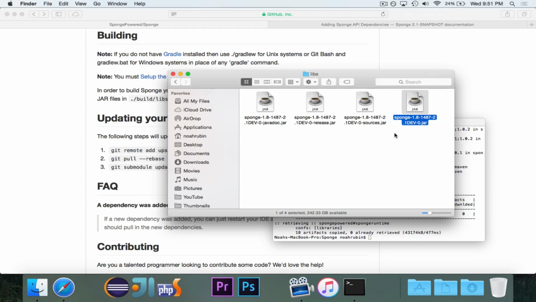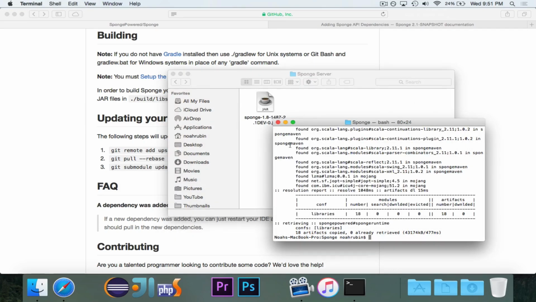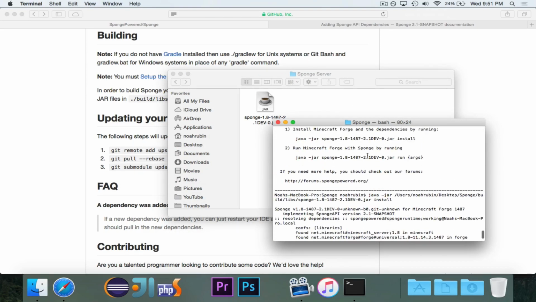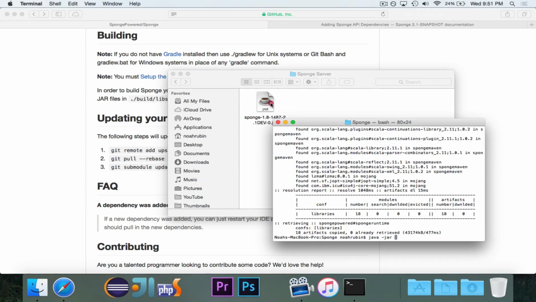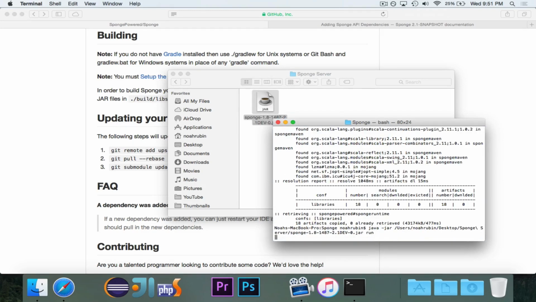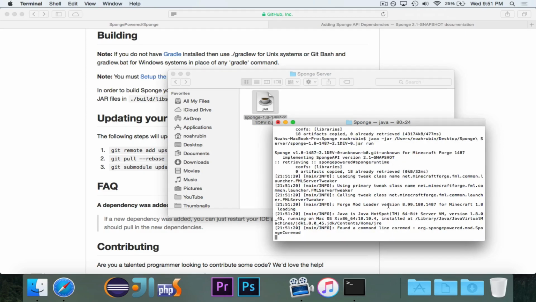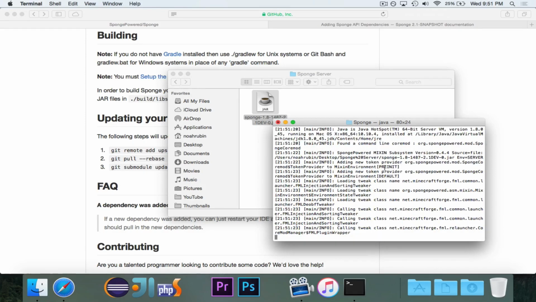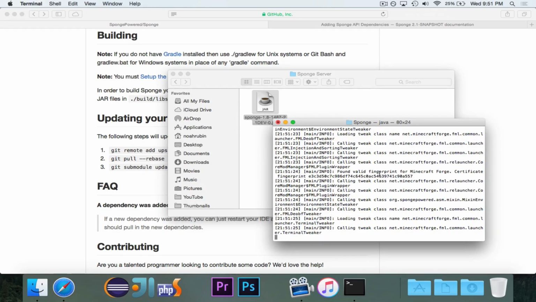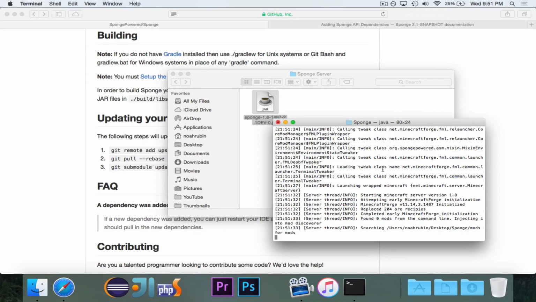And we want to run this. I'm going to copy this to a new directory, and I'm going to call it Sponge Server. So I want to put this in its own directory. And then the second part here, it said you want to go run it. Java -jar, drag that in, and then say run. And okay. It's getting ready to run. Now this is the actual server running right now. So you'll see it does a couple of things here, and then it says launching wrapped Minecraft net.minecraft.server.MinecraftServer. So now it's actually starting the Minecraft server.